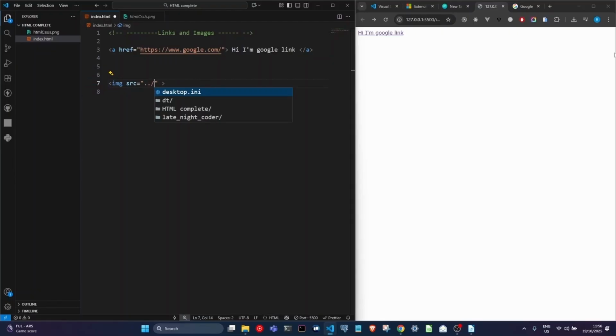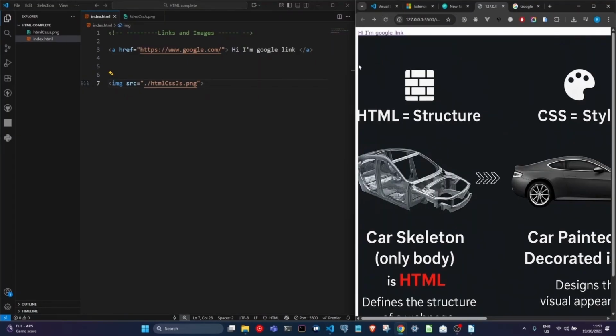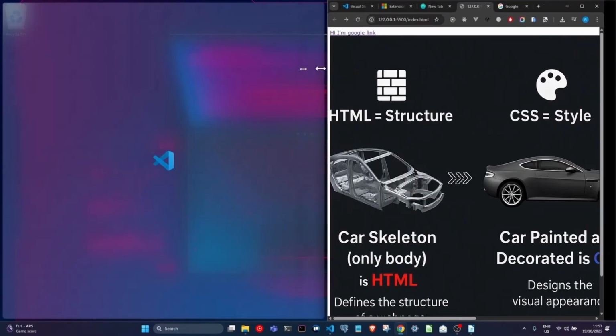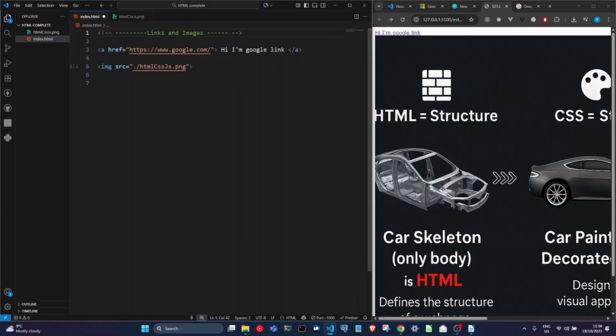You could add double dot / and check where it is. As of now I have my image on the same level, so one dot /, let's add the image, save, refresh the page. Here you go, guys. Now you have your image added. Let's remove these things,